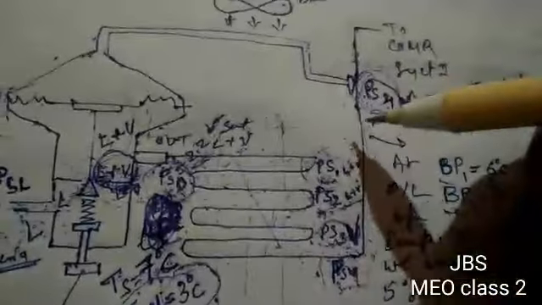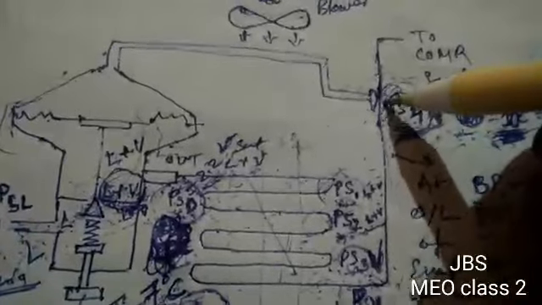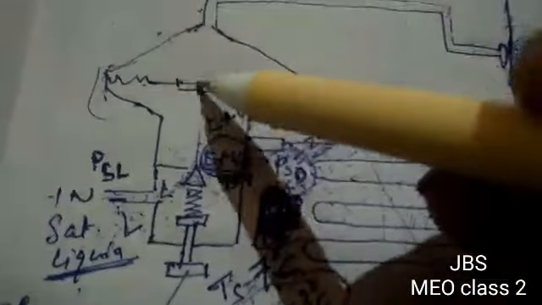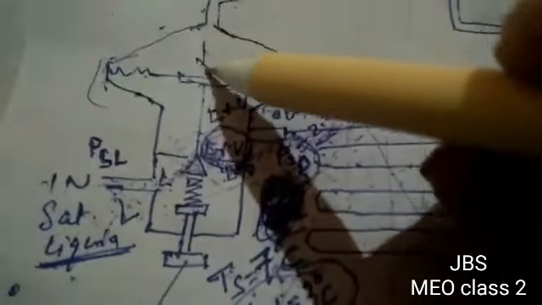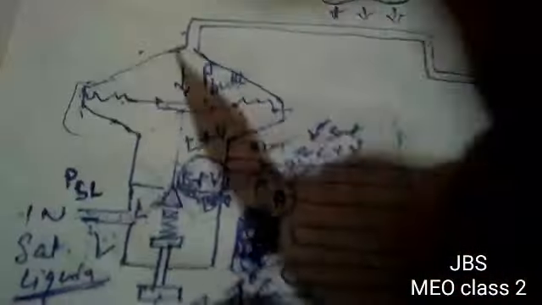See, if the degree of superheat is more, if the refrigerant has a high temperature, because of that the refrigerant in the bulb will expand, and that P bulb pressure will act on top of the diaphragm here. This will be in excess of this spring pressure. Now what is this here? This spring adjuster is actually to adjust the 5 degree of superheat.